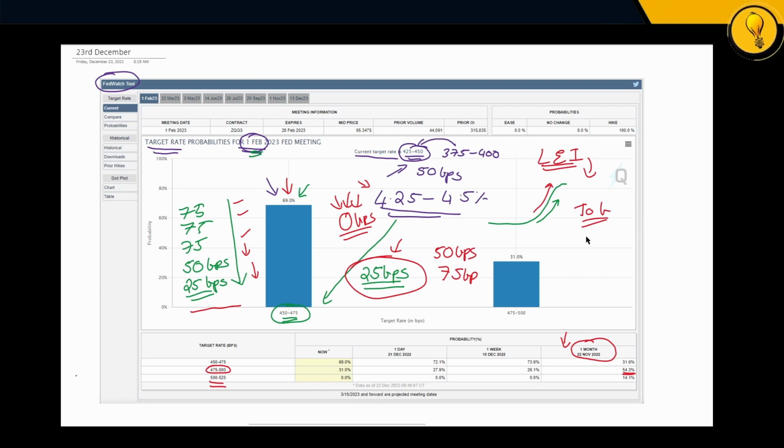The job market is what's allowing the Fed to increase interest rates regardless of everything else, because at the moment PMIs are coming down. But the labor market is still tight. Because as long as unemployment is low, the Fed is going to have that wiggle room. It's going to have that excuse to increase interest rates regardless of the other LEIs.